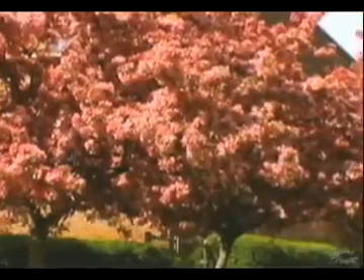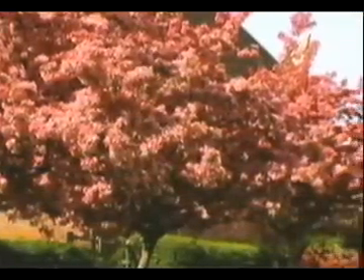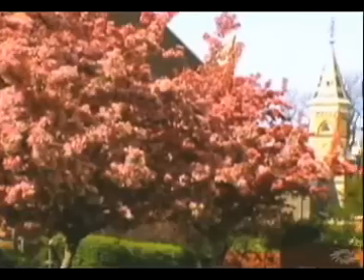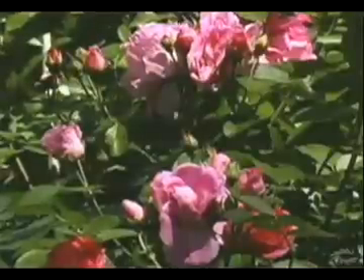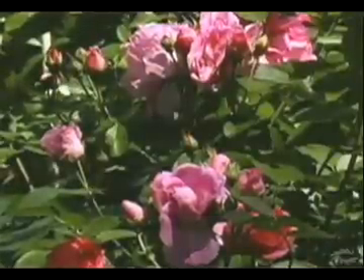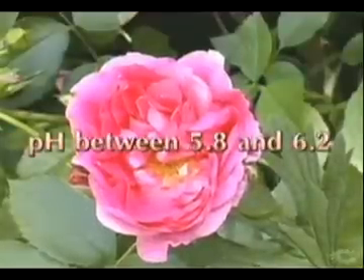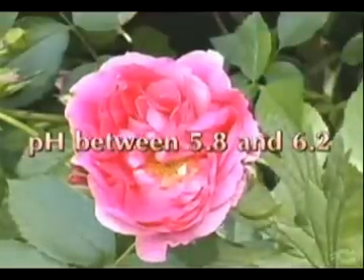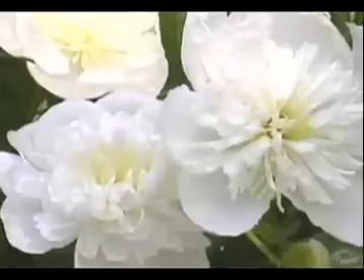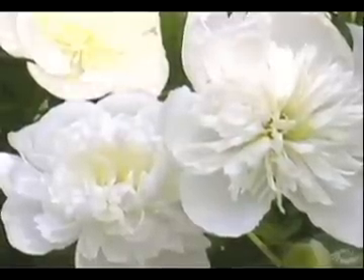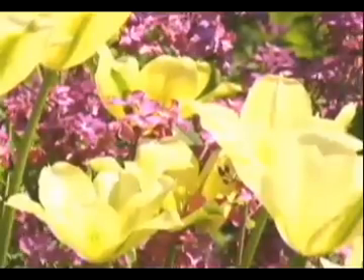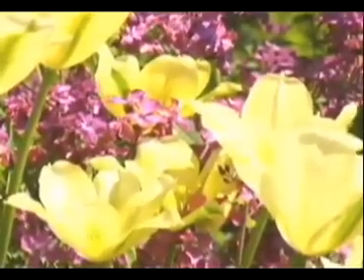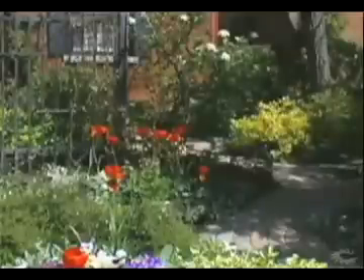Plants generally prefer neutral soil with pH ranging from 6 to 8, but each plant species is a little different. Roses, for example, prefer a slightly acidic soil of between pH 5.8 and 6.2. Peonies, on the other hand, may not flower if the soil is too acidic. Gardeners interested in having the most vibrant colors and blossoms in their gardens carefully monitor the pH of their flower beds.